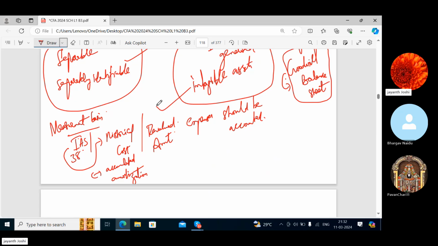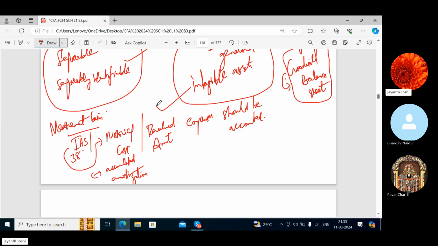Under US GAAP you have to show at historical cost. No revaluation surplus is allowed, whereas revaluation gain would go in OCI as per International Accounting Standards, but as per US GAAP there is no upward revaluation. Only impairment losses can be shown. The treatment related to impairment loss is the same in both cases, IAS and US GAAP, but there is no reversal in US GAAP. Only IAS allows that. It should be very clear.